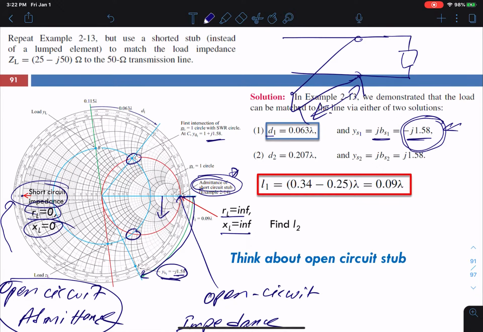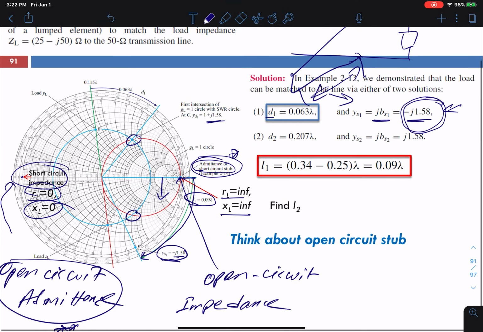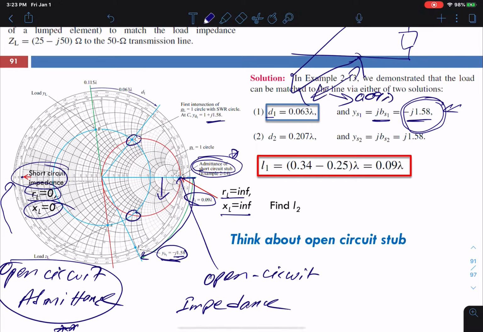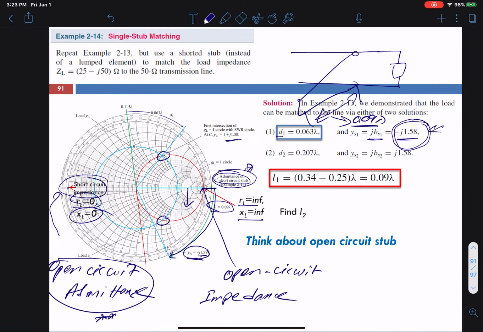This is the length I'm looking for right now. That length is measured from the short circuit admittance point, and that's right here: L equal to 0.09 lambda. So this length over here is 0.09 lambda. If I have a short circuit stub that long, that will give me